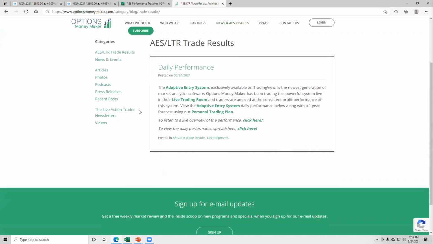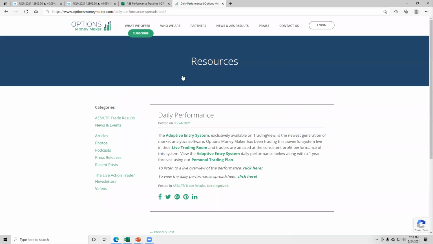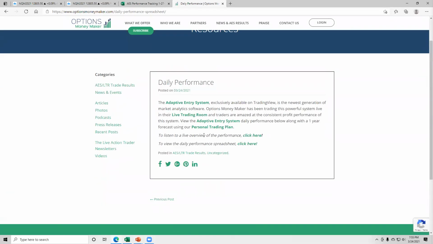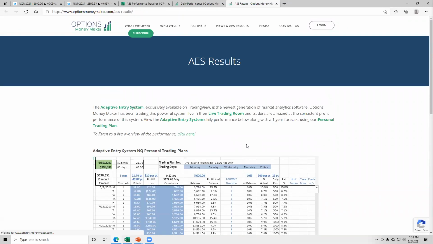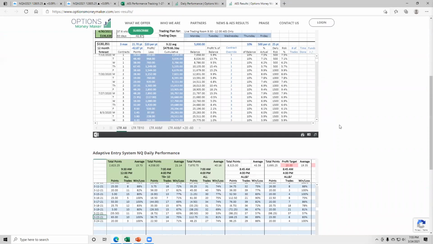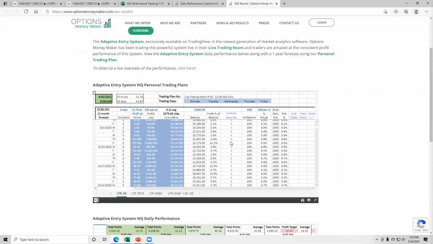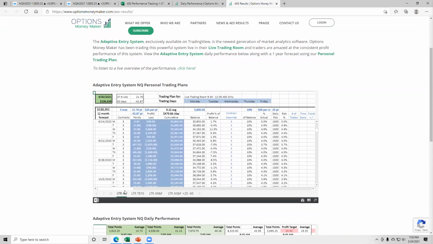you can access either the live overview of the performance by clicking there or the daily performance spreadsheet by clicking below it. And so that daily performance spreadsheet at the bottom will take you there. It says to view the daily performance spreadsheet, click here. You click on the click here and it will take you there, or I just recommend bookmarking this, optionsmoneymaker.com/AES-results. And then there's the 4 different personal trading plans, the 3 that Mark usually covers on the AES reviews, and then the plus 20 minus 60 that I added in there too,